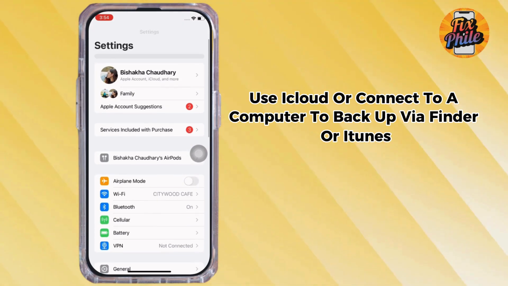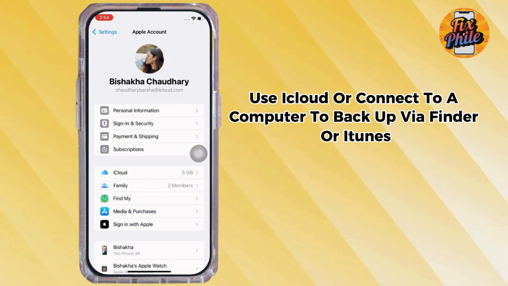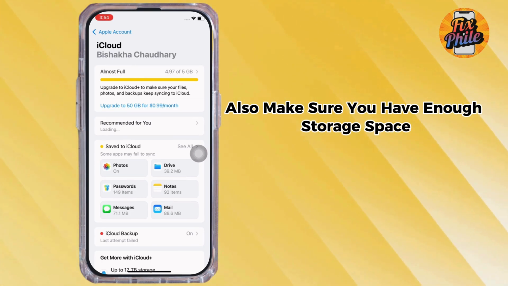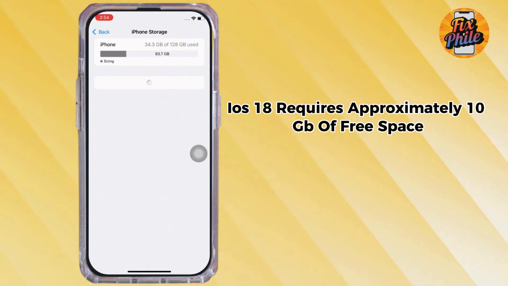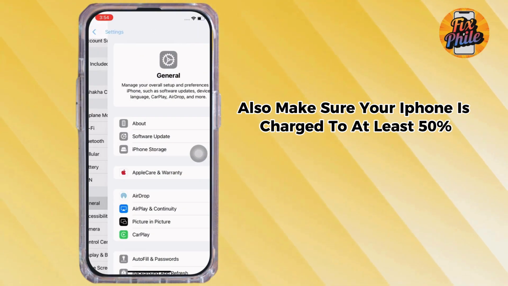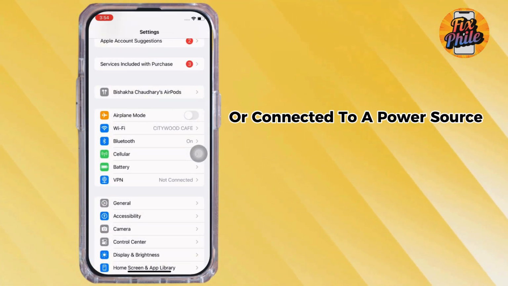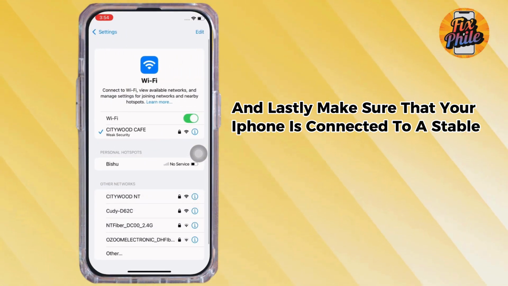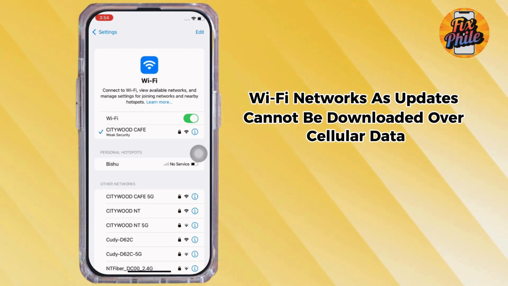Use iCloud or connect to a computer to back up via Finder or iTunes. Also, make sure you have enough storage space. iOS 18 requires approximately 10 GB of free space. Also, make sure your iPhone is charged to at least 50% or connected to a power source. And lastly, make sure that your iPhone is connected to a stable Wi-Fi network, as updates cannot be downloaded